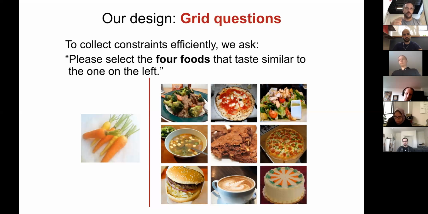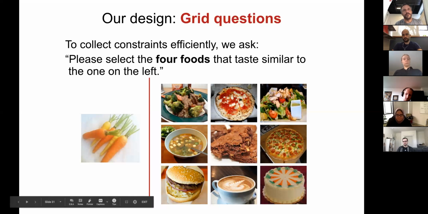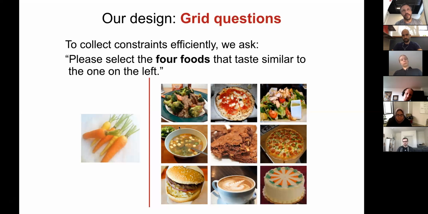You're doing these nested for loops, and they're going to feel like they've already answered the same question many, many times. So we introduced this idea that we call grid questions, and this was in an HComp paper about 4 years ago. The idea here is, instead of using a triplet with images A, B, and C, what used to be represented by images B and C, we grow into a grid. So it could be a 3x3 grid, or up to a 5x5 grid that fits comfortably on your monitor.